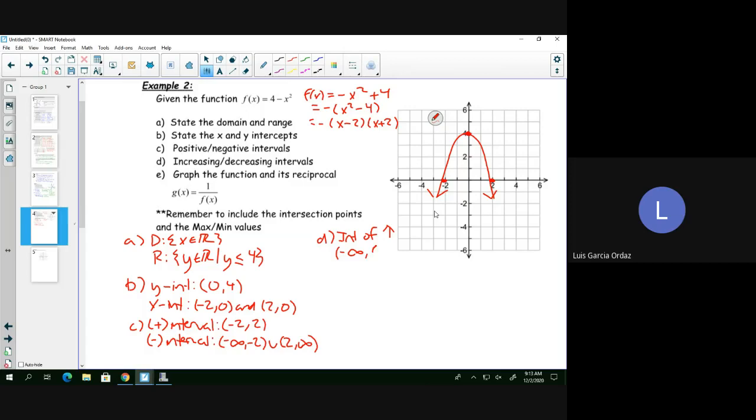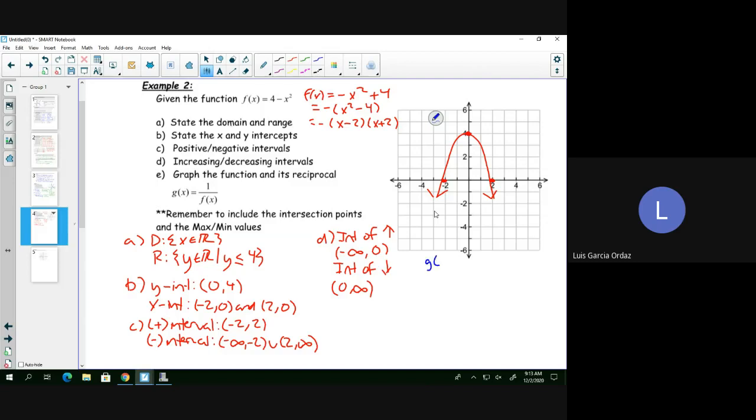Yeah, 0. And our interval of decrease, 0 to positive infinity. Okay. So now that we have that information for our function f of x, now we want to graph